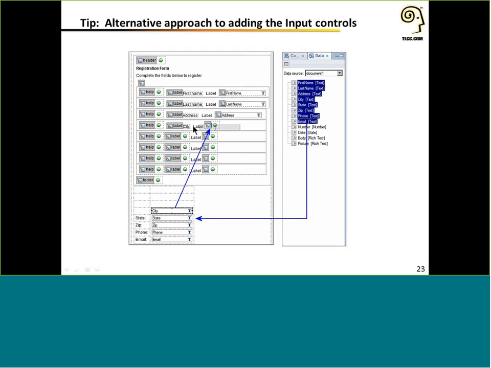So once you set up several table rows within your form, you can just start to drag these labels and drop them into the label facets. Then you can drag the edit boxes and drop them into the content facets. This saves you a few steps because now you don't have to type in label names, although you may have to change them based on what your underlying field names were. You don't have to create all those edit boxes, and you don't have to set up all the field bindings to the back-end data source because it does that for you automatically. So it's a good way to save yourself a little time and leave less room for error as you're setting up your fields and bindings.